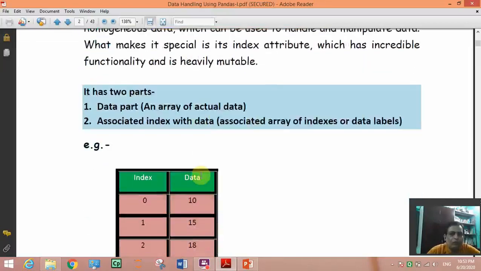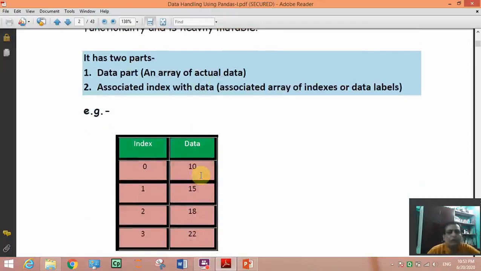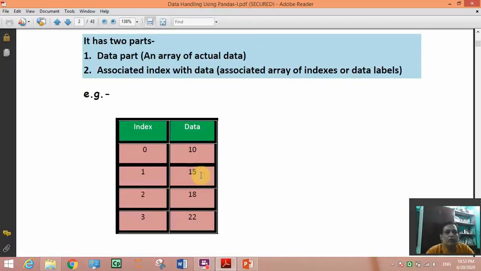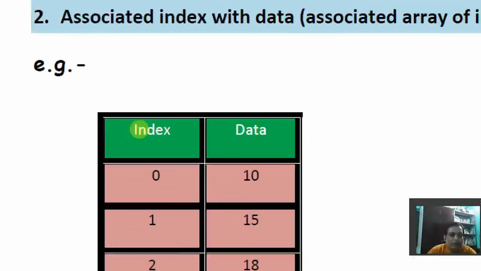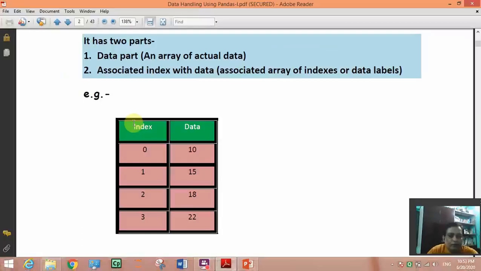So what are the components of a series? It has two parts, that is index and data part. Index denotes the position of each element, like the position of the first element in this series or array, the second element's position.